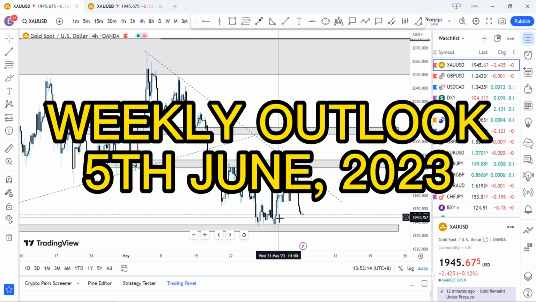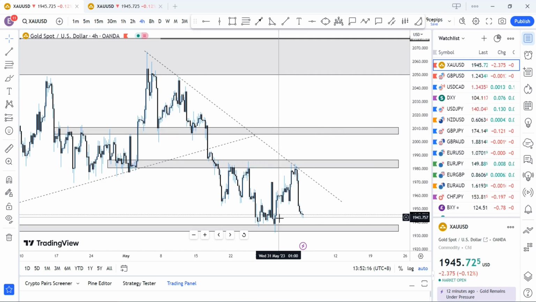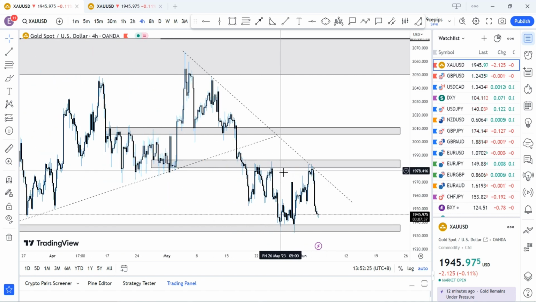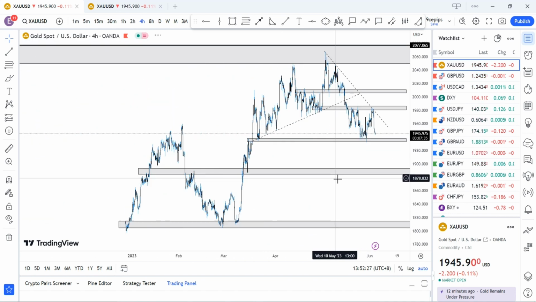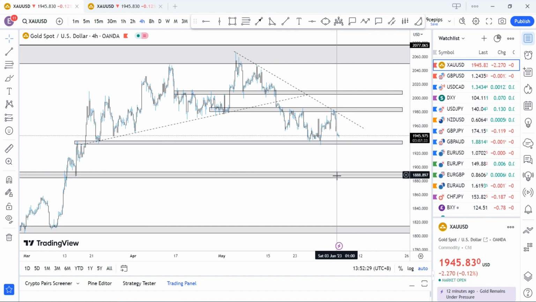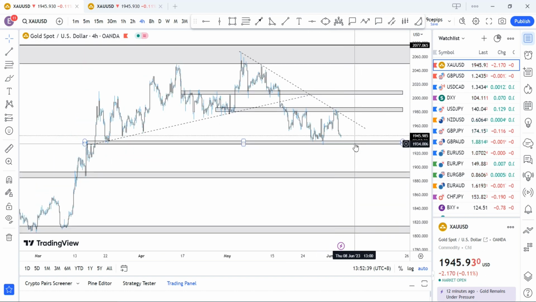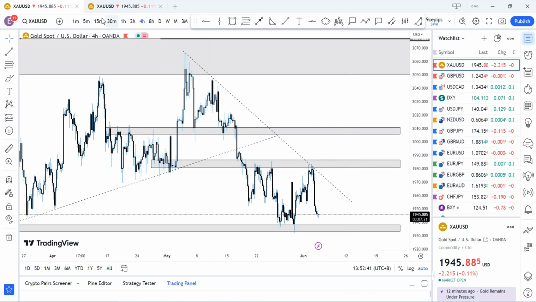Guys, welcome to the weekly outlook here on gold, the pound USD, the USDCAD and the DXY, and currently we are about going into the London session, but my analysis for the week is quite simple. I'm bearish on gold, but we might just get a counter trend trading, more like some pullbacks over to these regions, maybe 50% retracement, and I'm looking out for a break below 1934.